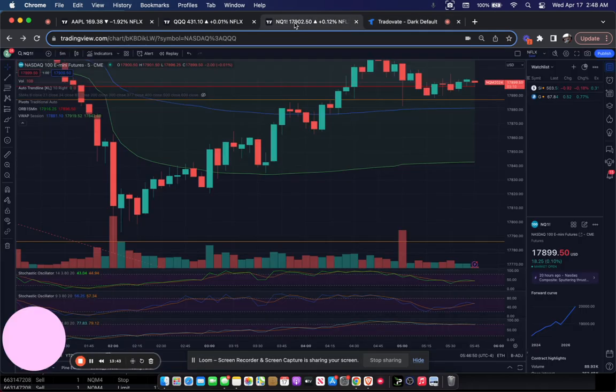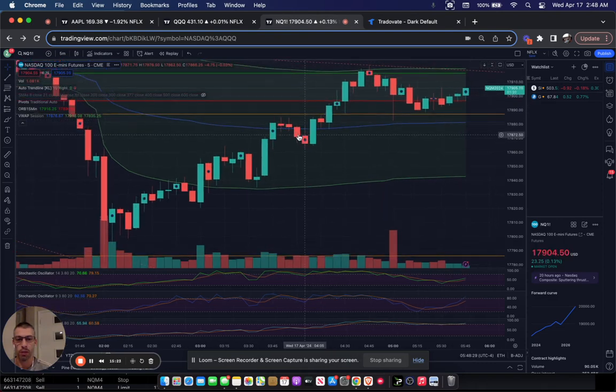I mean, look at this. And we got back over the VWAP right here, bounced off of VWAP, went through the pivot point. We had a rejection from the pivot point, came back to VWAP. I mean, there's so many opportunities here. Blew through the pivot point that time, got into the ORB,